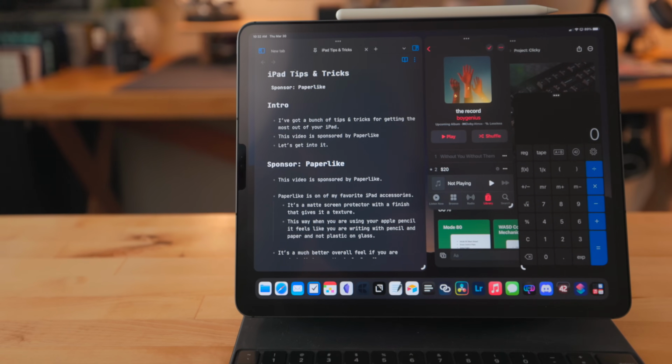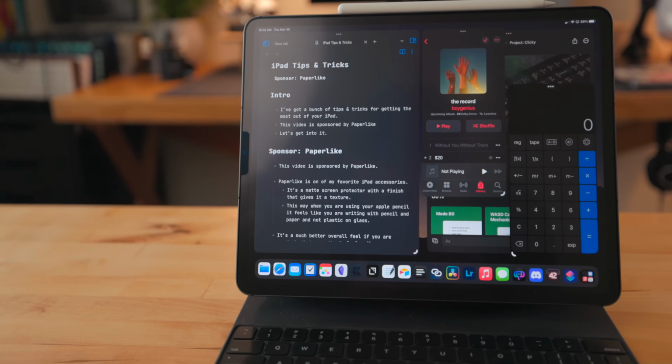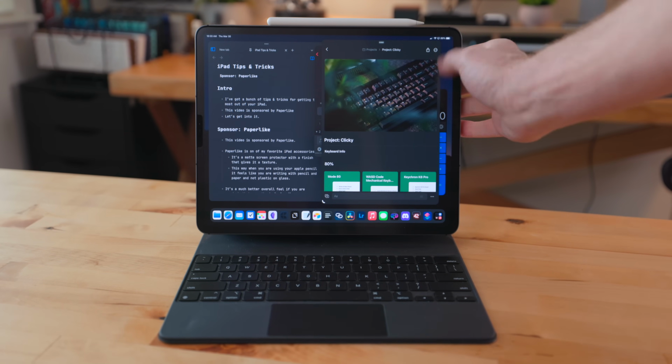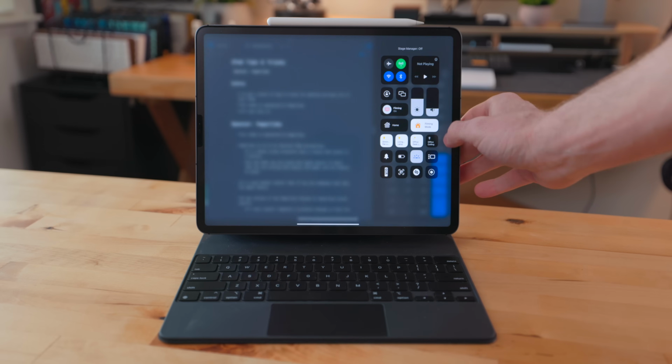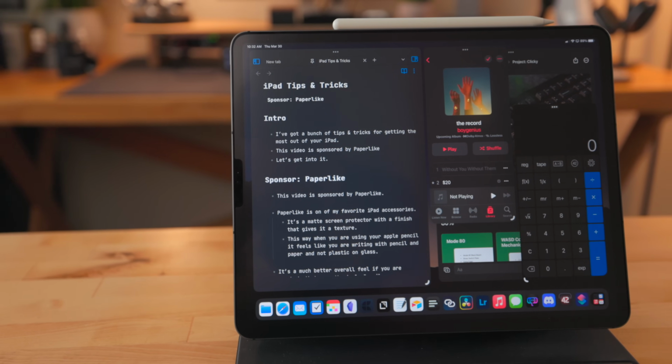There are predefined points though, so the windows are not freely resizable and are not freely movable. Stage Manager has some major flaws, and honestly, I mostly stick with Split View. I will talk about the one exception in a bit. I did a massive video on iPadOS 16, and about half of that video is dedicated to how Stage Manager works. So instead of repeating myself, I will put a link to that in the description below so you can